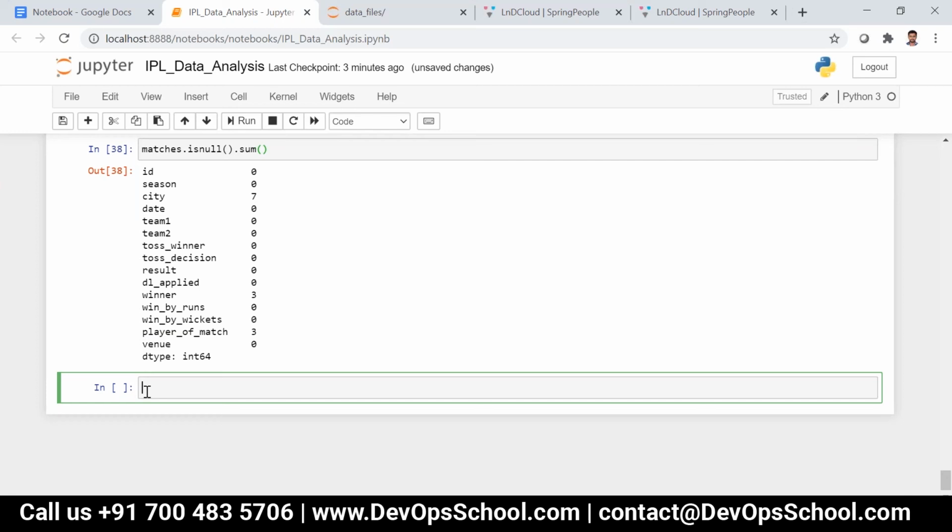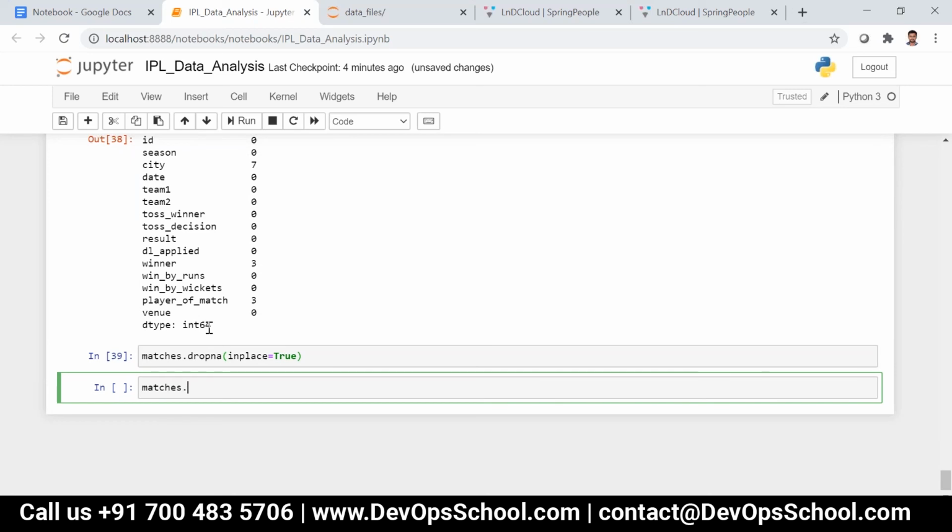So I can just say matches.dropna. We saw fillna, which is used to fill the values wherever NaN values are there. With dropna, wherever NaN values are there, it will drop the entire row. Then inplace is equal to True.